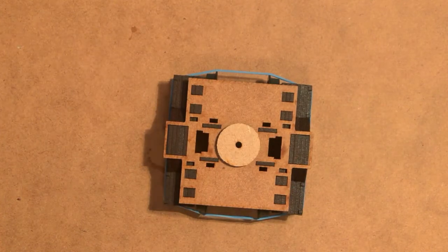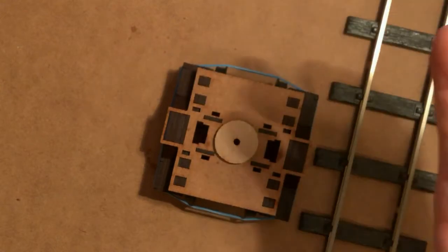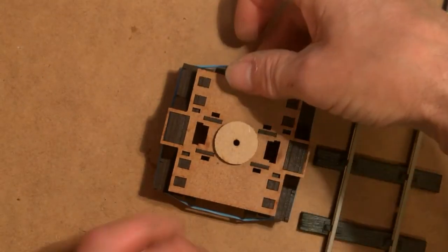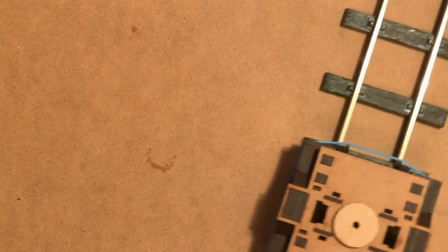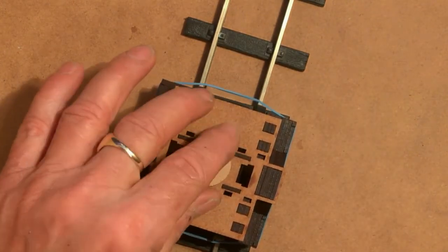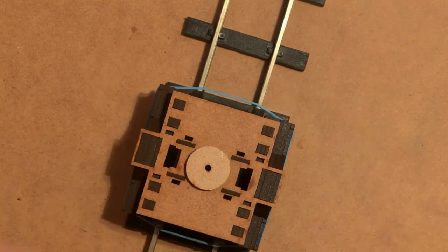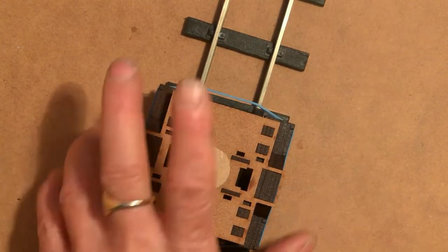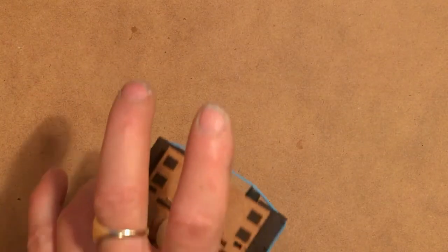Right, now we've got an elastic band holding it together. Let's make sure everything is square. So taking a piece of track, carefully lift it up. Don't lift it by the swivel because that will just come off and leave the wheels behind. So just gently lift it by the axles, place it onto just a small piece of track. You won't be able to move it along because the elastic bands are on the wheels, but just push down firmly and there shouldn't be any rock there at all. And then grasping the sides, you gently pick it up,